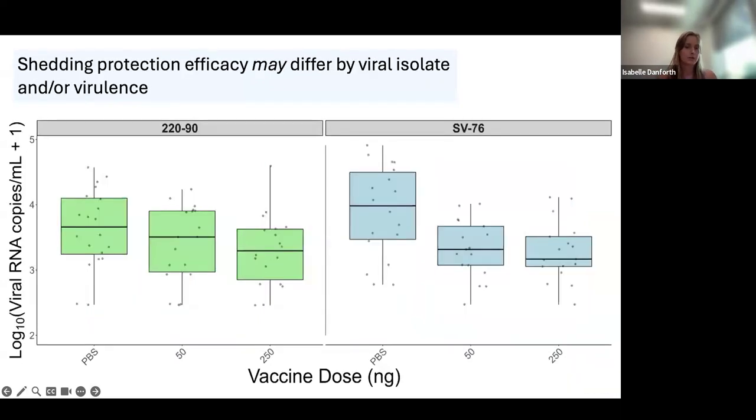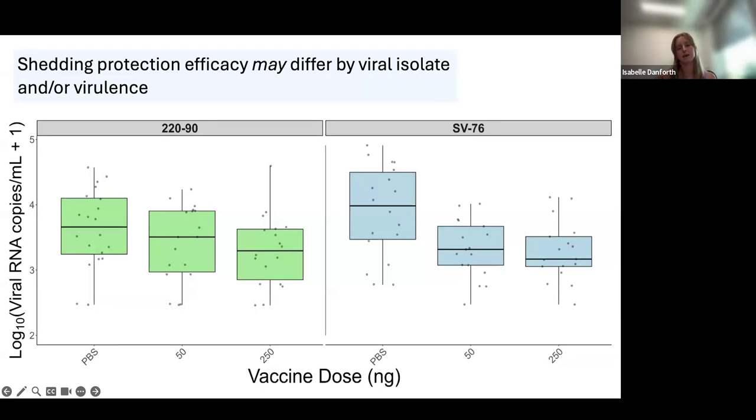And we're also interested in looking at if there's a virus effect here, if these responses would differ by virus. So we trimmed the data set to include those 3 shared vaccine doses and tried to see if we could find an interaction between vaccine dose and virus. There is none. There was no interaction between vaccine and virus, but I think just looking at these plots, you